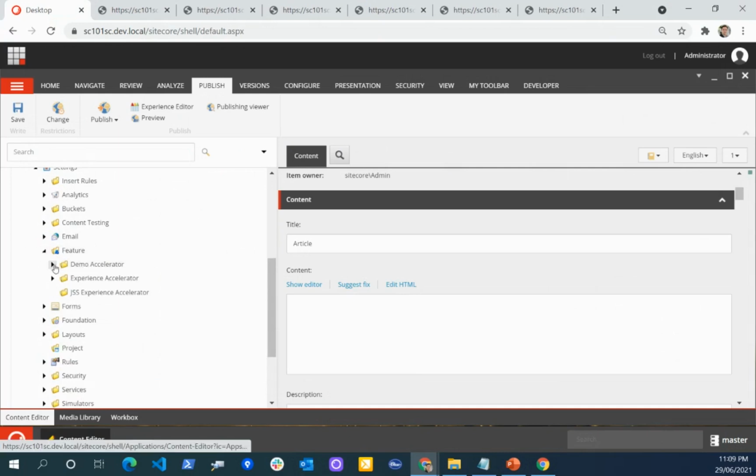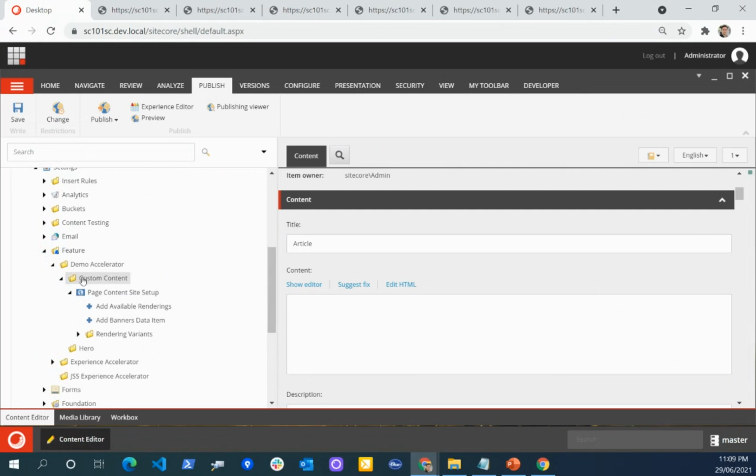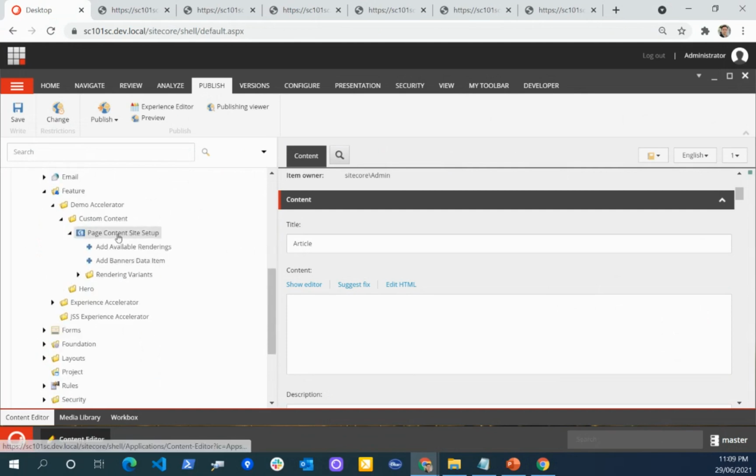For this site, say for the demo accelerator, I just created one folder, and this is my one feature for the page content site setup. In this module setup, we can define a few steps: when we install this particular module, what steps do we want to execute?